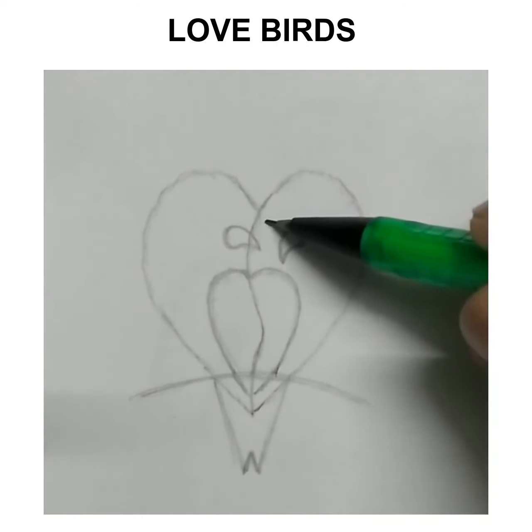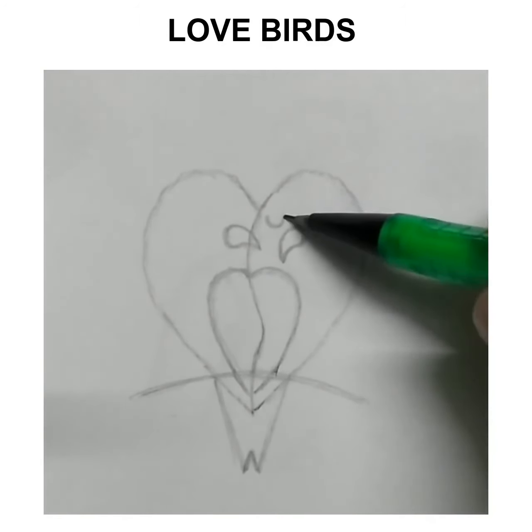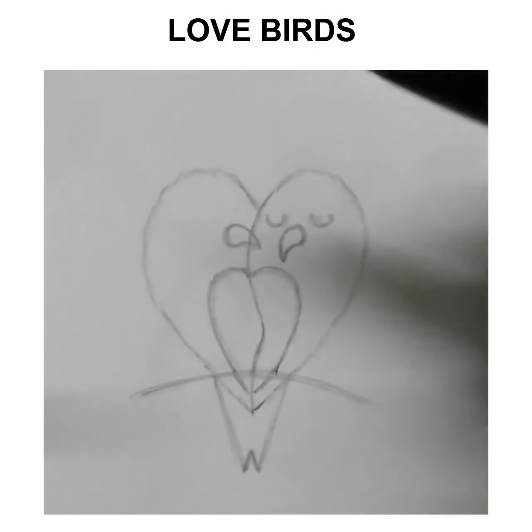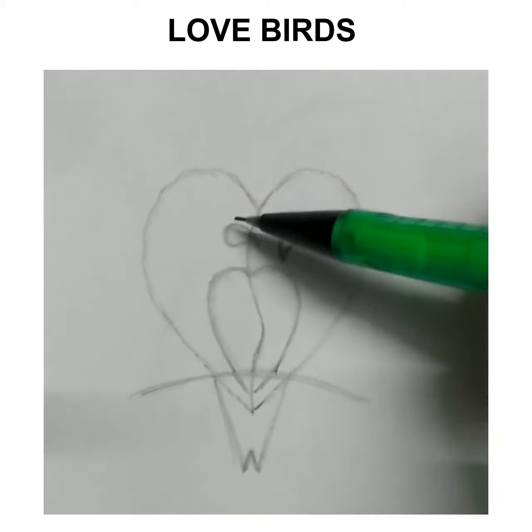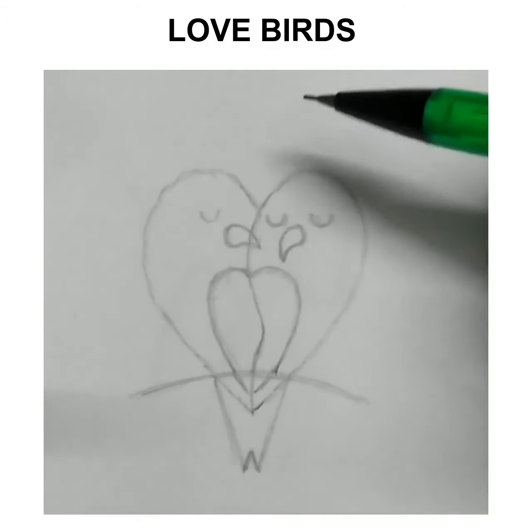now we are going to add the eyes. So first one, then second one. Okay, now for this we're going to add only one eye. That is enough. Okay,